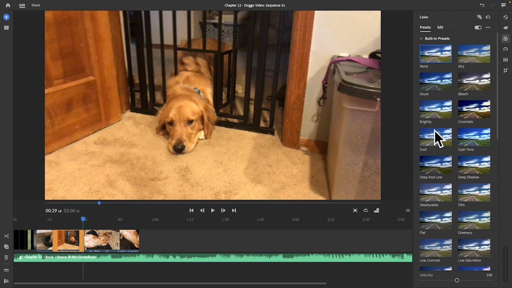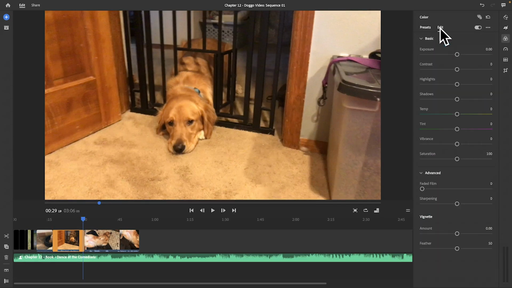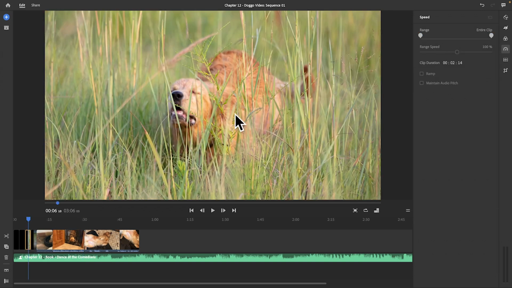Then we have our preset colors, which allow us to change the appearance of our image. We have full control of that under Edit with sliders that look pretty similar to what we saw in Adobe Camera Raw, except way fewer sliders. We have a duration tool, which allows us to set a duration of a clip. However, when we do set that duration, it will ramp up the speed, making it go faster or slower. It can be really handy, though, for manually setting it for still images, since there's nothing to ramp up